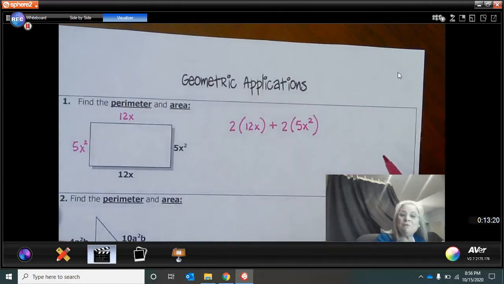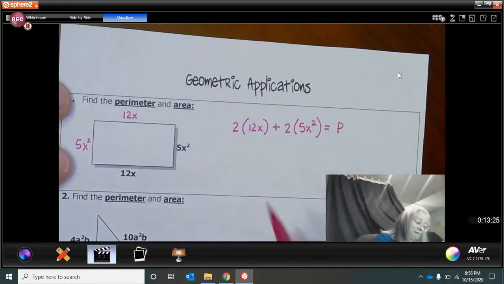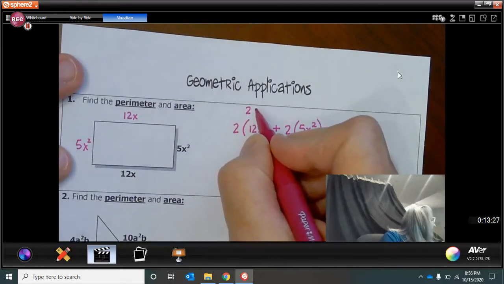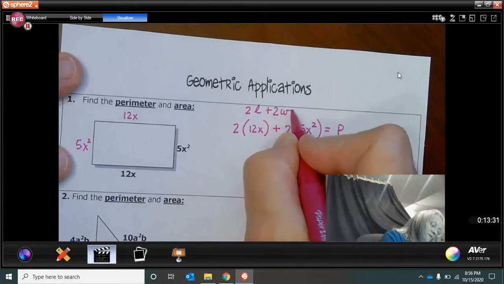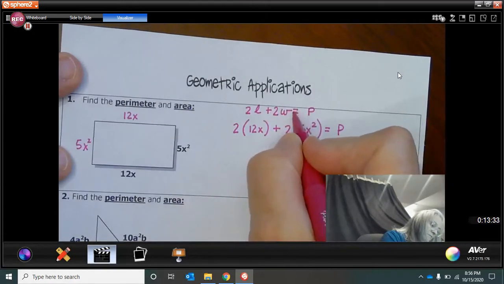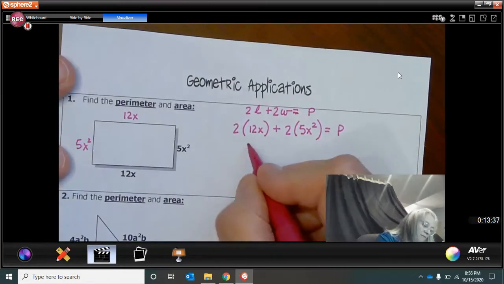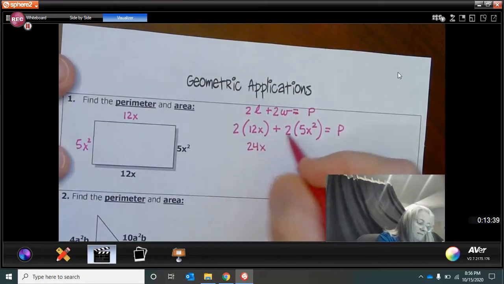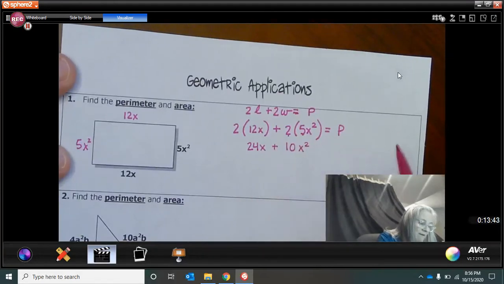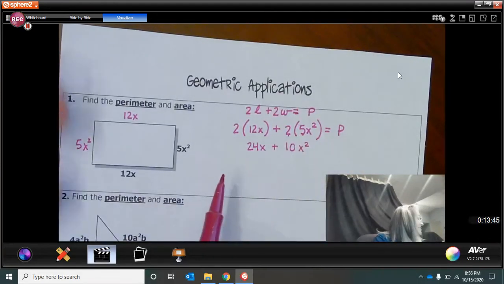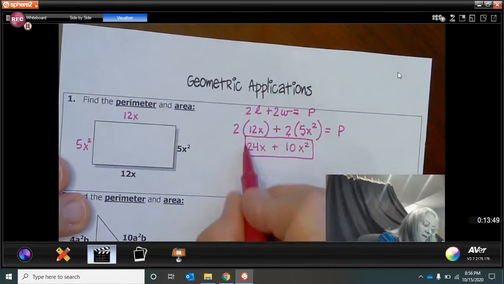And so when we do perimeter, and that equals our perimeter. Now, just remember, perimeter is 2L plus 2W to equal perimeter, okay? So that's what I did. And so 2 times 12 is 24x. 2 times 5 is 10x squared. I cannot combine these two together,